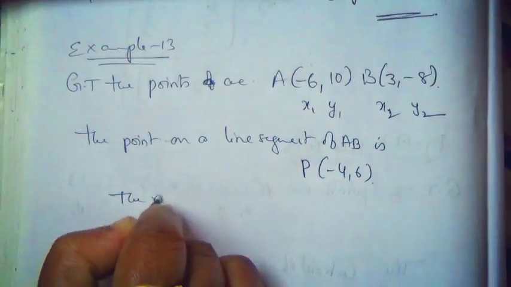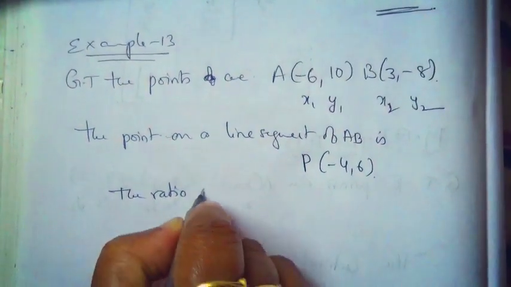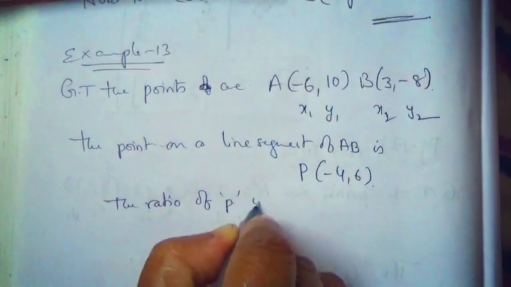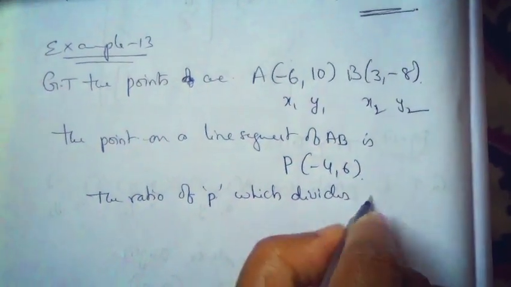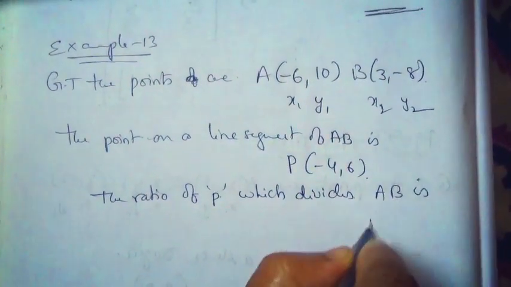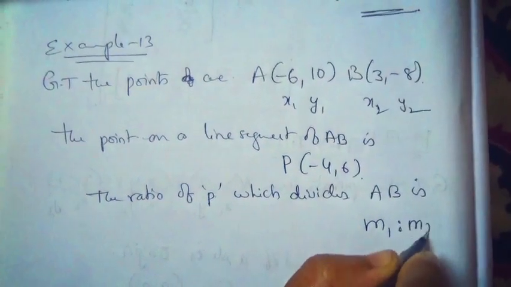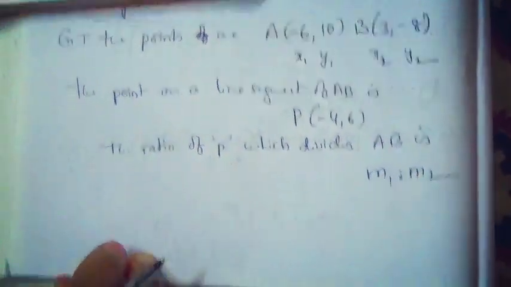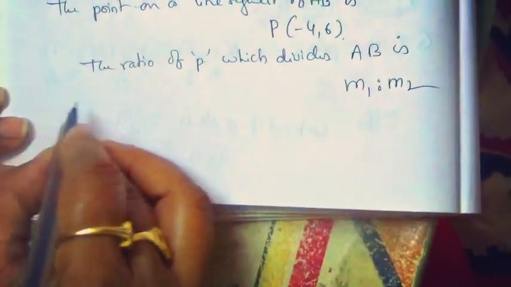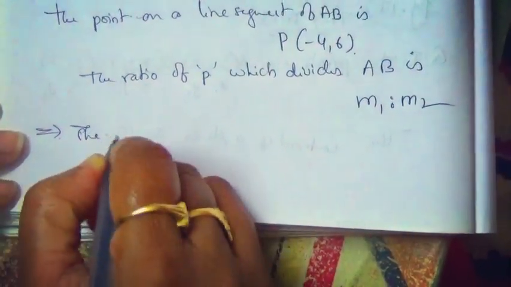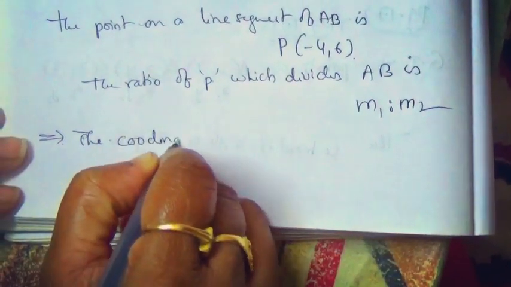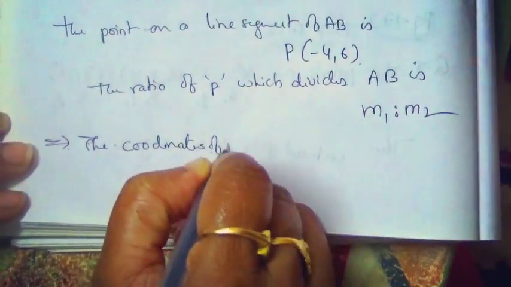The ratio in which P divides AB is m1 is to m2. Okay, so let us check. So what is P? The coordinates of P